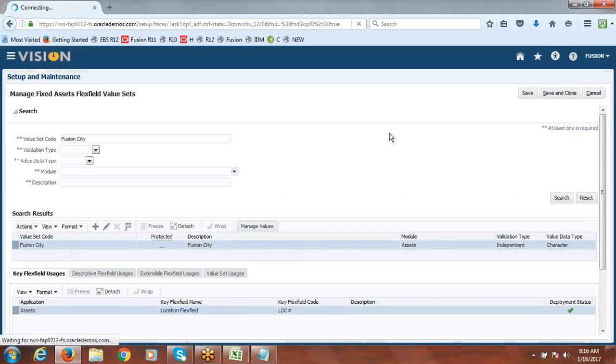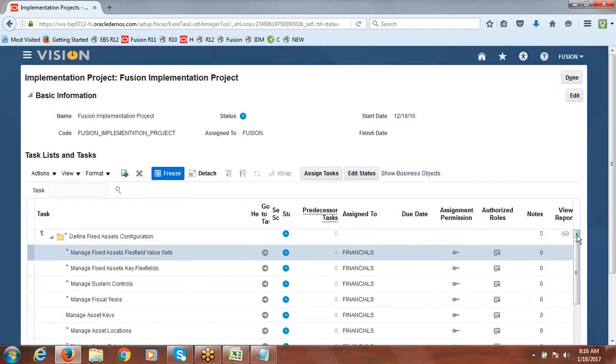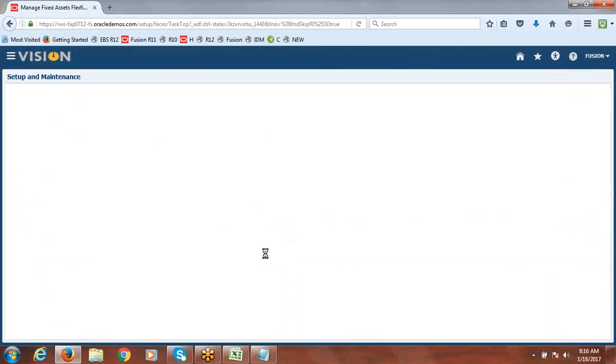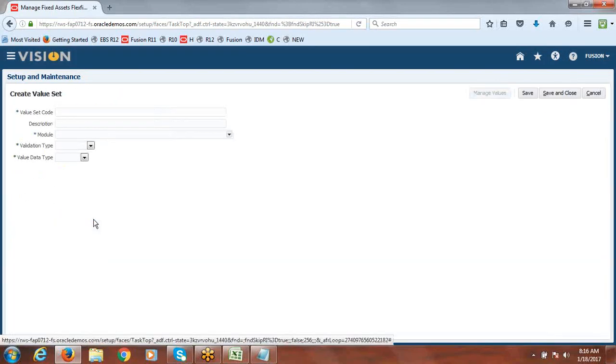So save and close. So create value sets. I want to give the value set name as Fusion Asset Key.